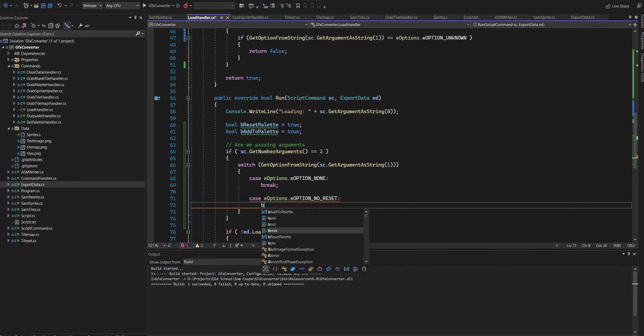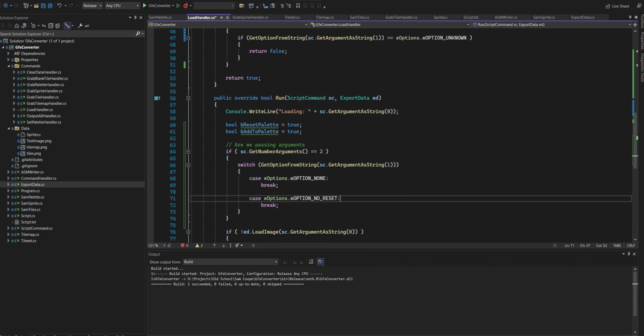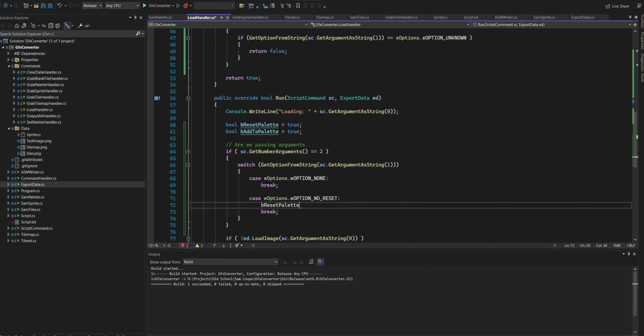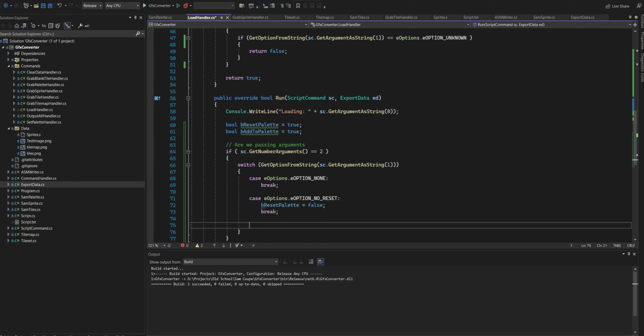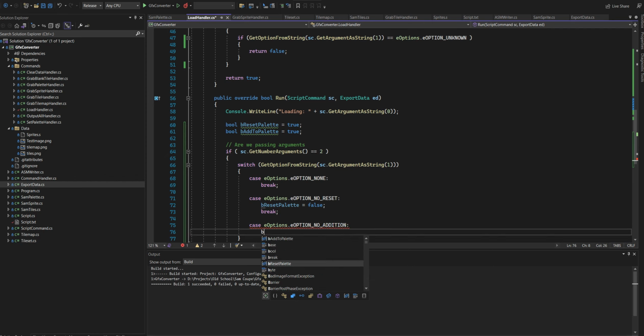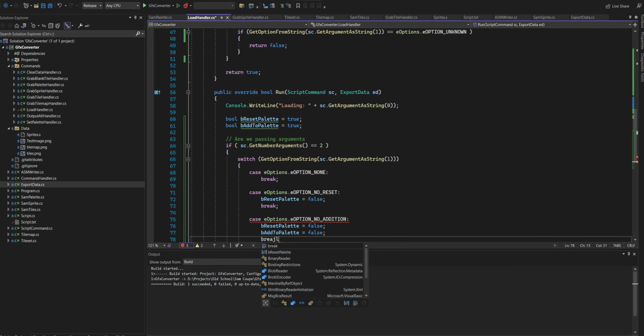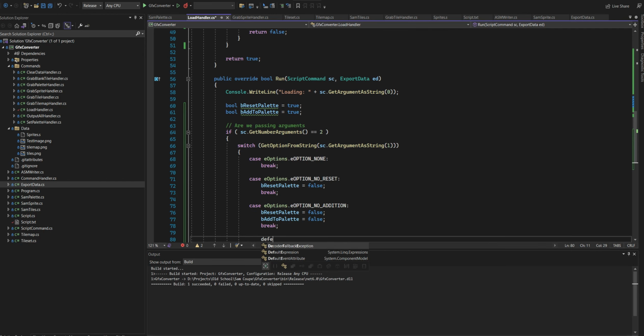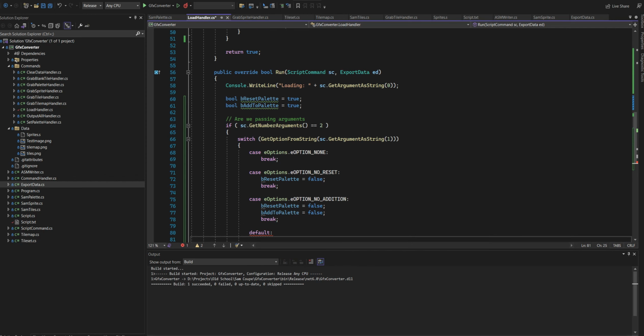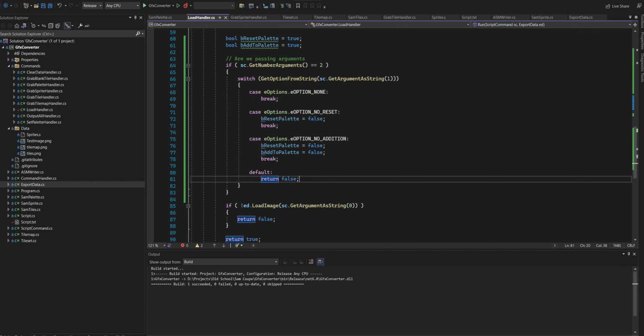No reset. We're simply going to set that. Otherwise, if no addition, we reset both of them. And the default, should it get here, which it shouldn't, will be to return false. Okay, and then what we'll do here,